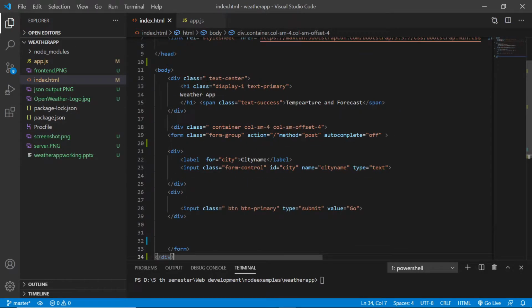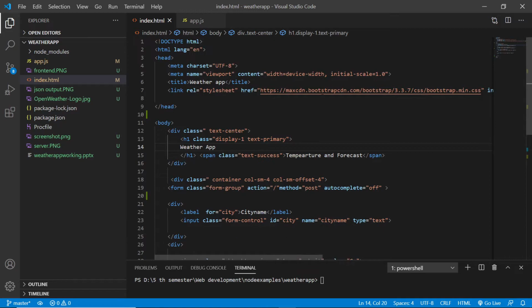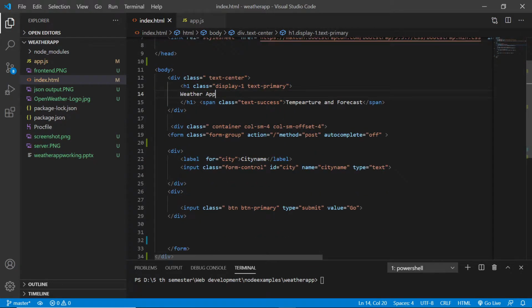If you see, text display, display one, text primary. Now these all classes belong to the bootstrap. So I just included these classes so that they get the styling, and this container column SM4 column SM offset. These all belong to the bootstrap. You can refer to the bootstrap documentation in order to understand these classes.